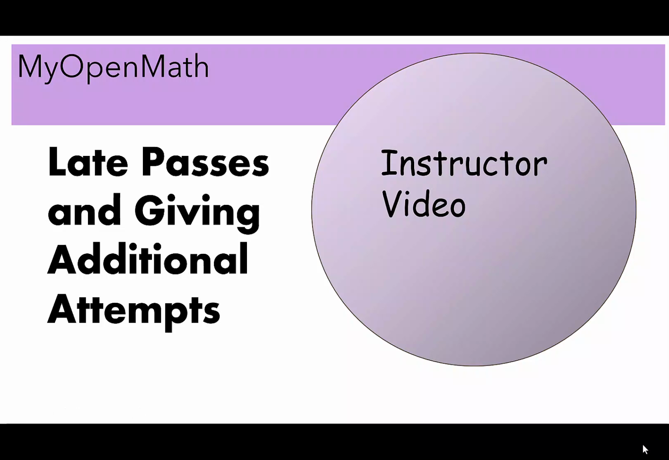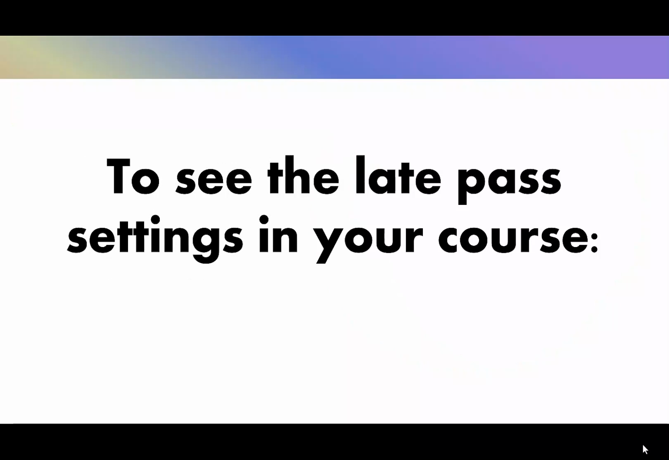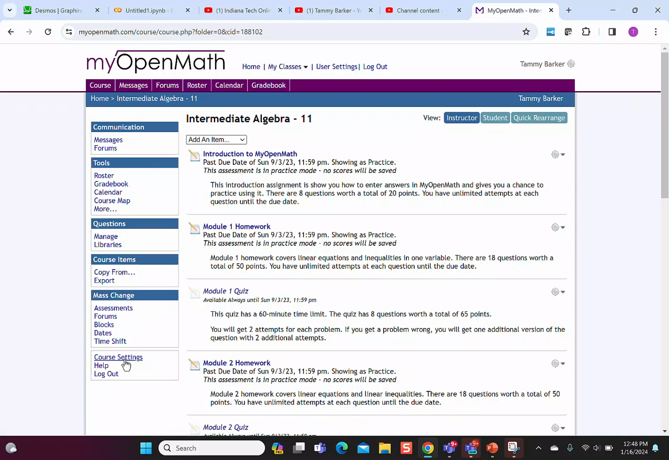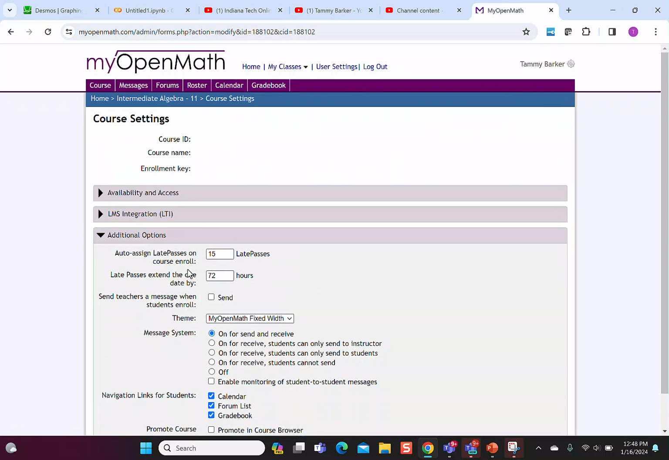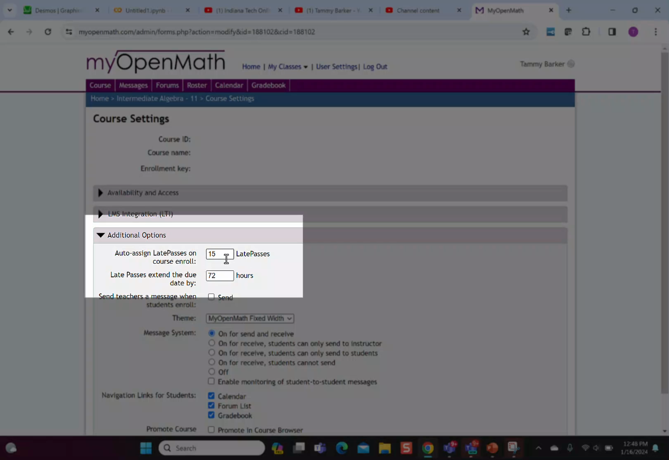Hi everybody. Today we're going to talk about late passes and giving additional tips for my MyOpenMath assignment. To see the late pass settings in your course, you'll go to your course, scroll down to course settings, and then look at additional options. It will tell you how many late passes were assigned per student and how many hours the late passes extend